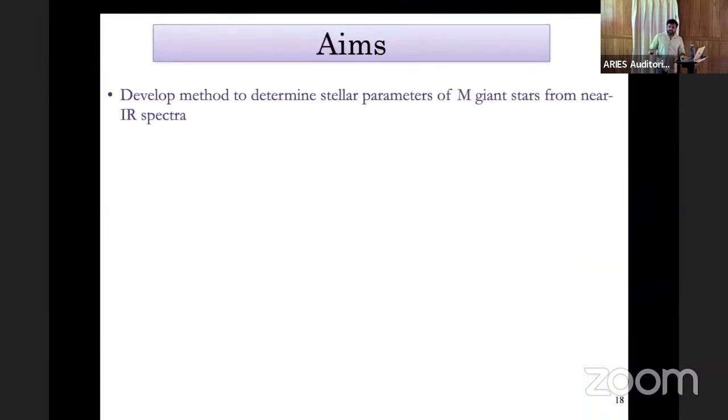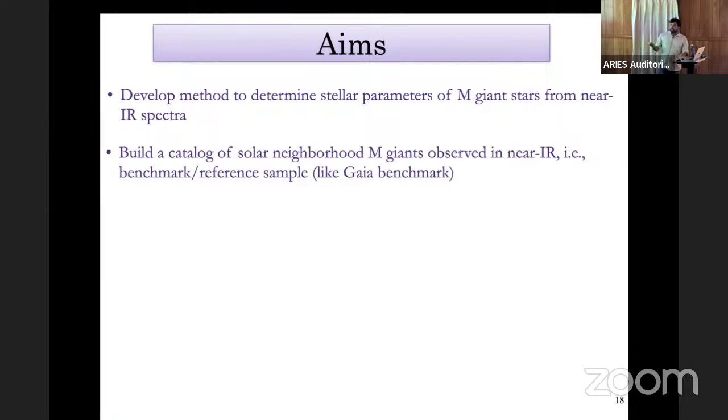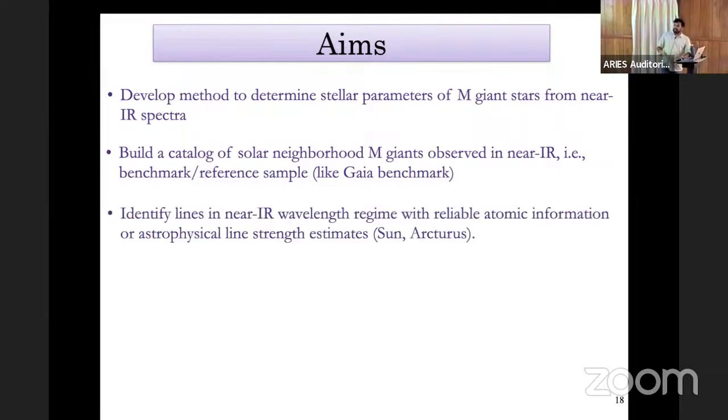So the main aim of this work is to develop a method to determine stellar parameters of M giant stars from near infrared spectra, as such a method doesn't exist yet. Then build a catalog of solar neighborhood M giant stars observed in the near infrared, and thus create a benchmark or reference sample like the Gaia benchmark sample, which has been used by many surveys to compare their abundances and parameters with. Then identify useful lines in the near infrared wavelength regime with reliable atomic information, and then